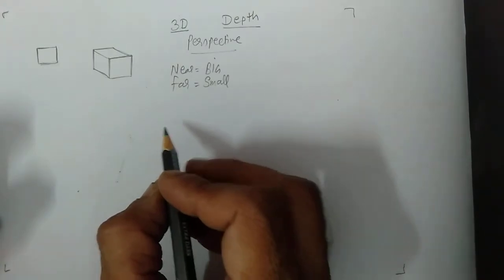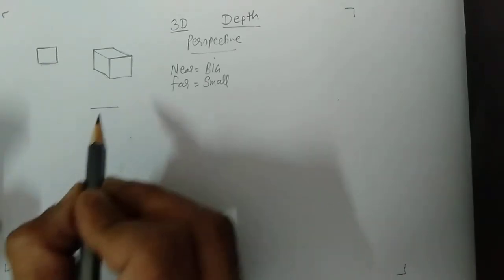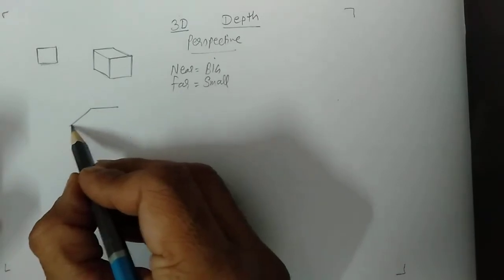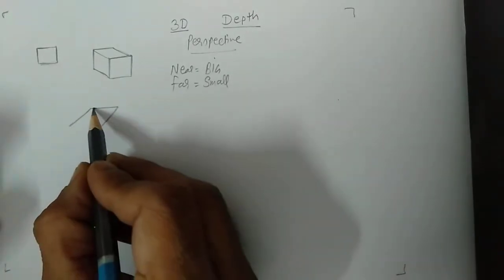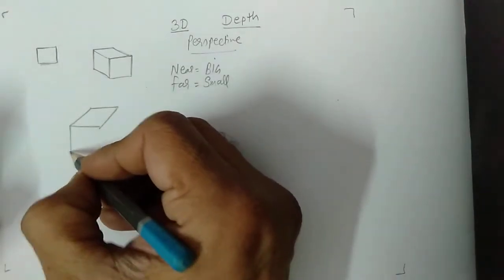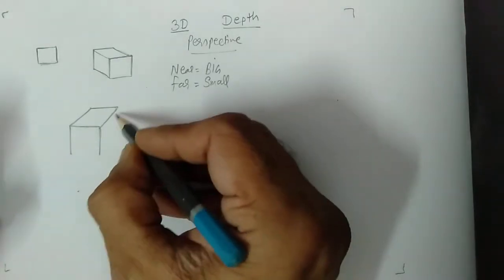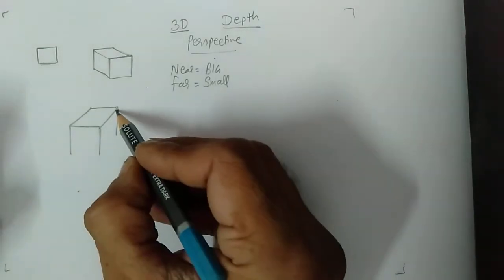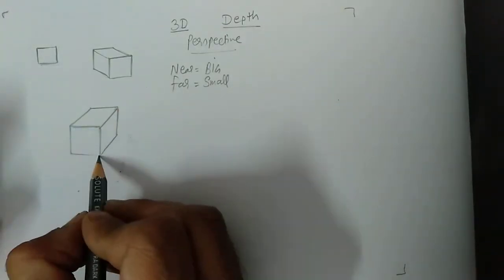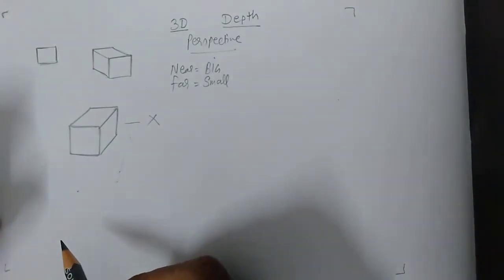if I ask you to make a cube, then generally how do people make a cube? See, they make a line, again they make another line, then according to this line they make another parallel line, then again a vertical line, and parallel to this line they make another, and another parallel line, and another parallel line. So this is a cube which is supposed to be wrong. This is not the way to make a cube.